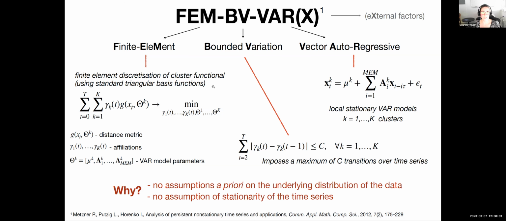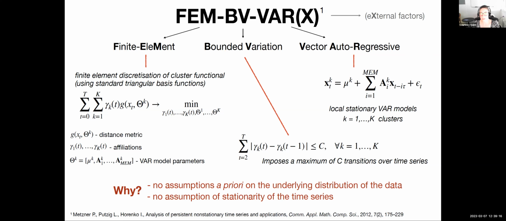Okay, and then what you do is you use your finite element discretization to solve this cluster functional, which is basically looking at a distance between your data and the various models that you think it could fall into. So you have your different cluster models, and you're trying to say, for the data on a given day, which of those models would it be closest to if we fed it into that model? And that's multiplied by some affiliation, as in, it's 20% like this cluster and 80% like that cluster, right? So you get some kind of affiliation measure as to how well your clusters capture the data on that